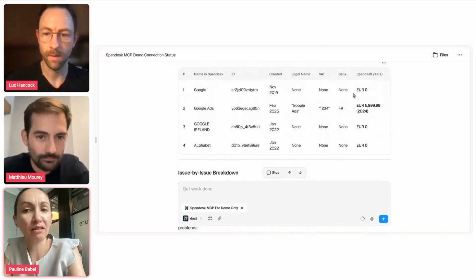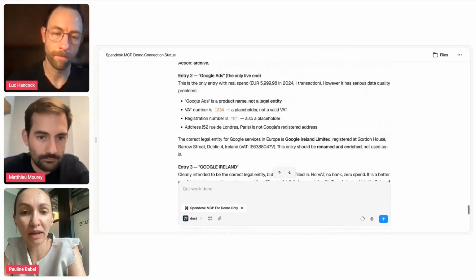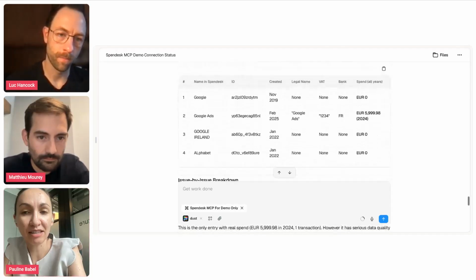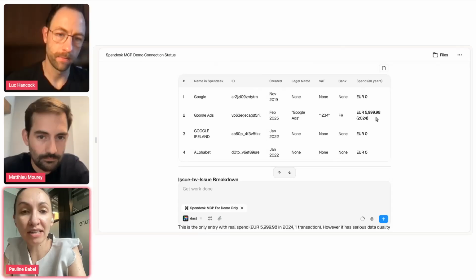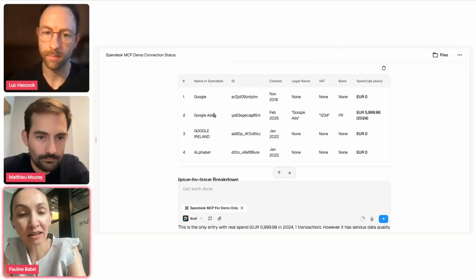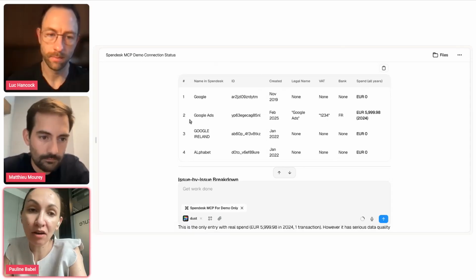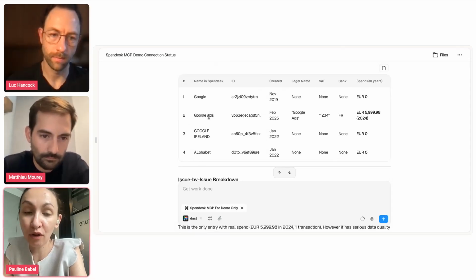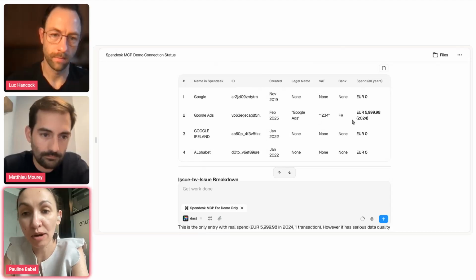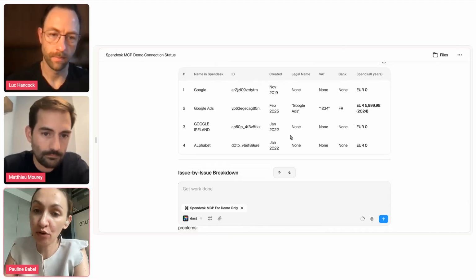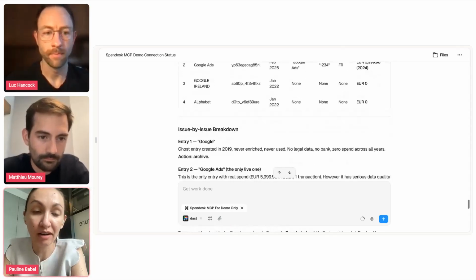The interesting part is that 3 of them had just no spend. Sorry, it's still loading, and just one is active. This one. So my take, and what is useful in this report, is that I know that in my supplier master, I'm running 4 lines for just one active supplier, and the rest is just polluting the supplier master file.